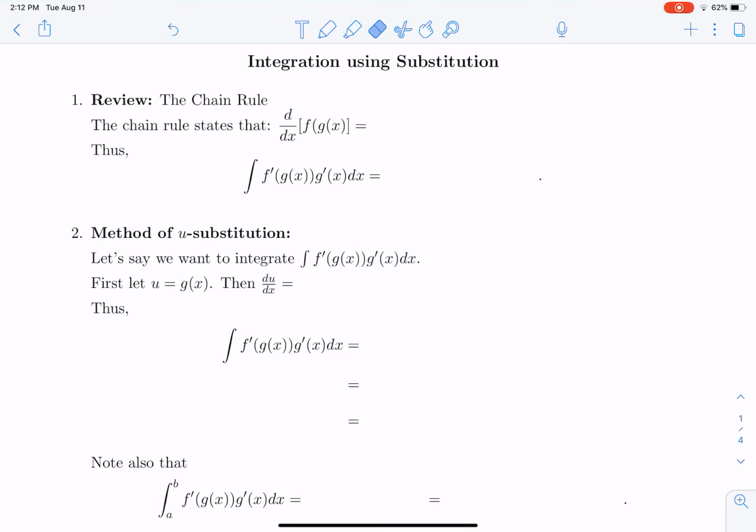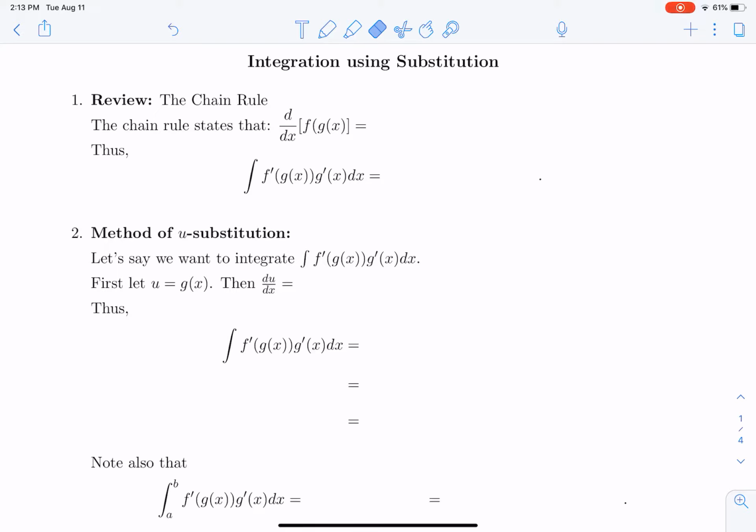We will now begin learning more advanced integration techniques. And these advanced integration techniques actually come from derivative rules. So for example, we're going to learn the technique of integration using substitution, and that technique comes from the chain rule. The chain rule, as you might recall, gives us the derivative of the composition of two functions, f of